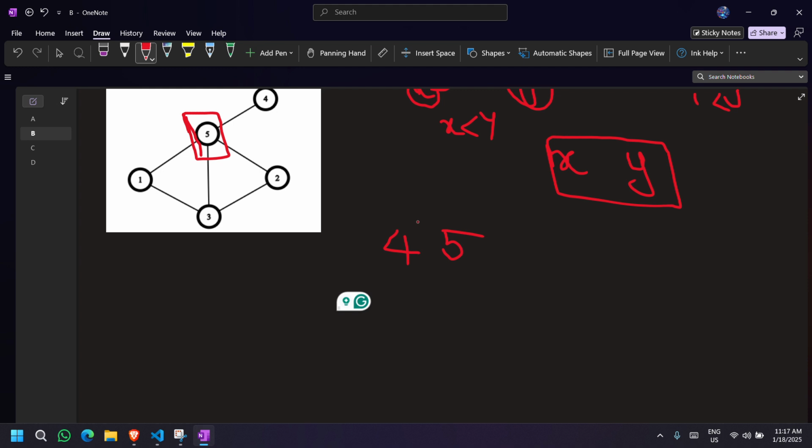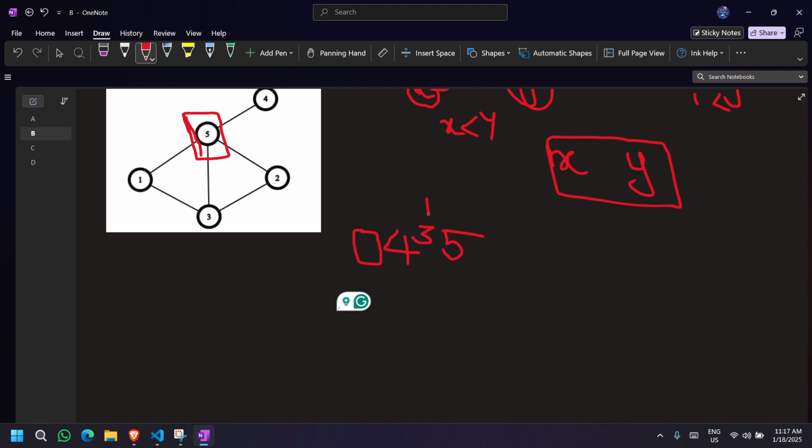So 3 should be here, because if 3 were earlier, then 3 could be connected to 4 also and 5 also, but there is no edge between 3 and 4.